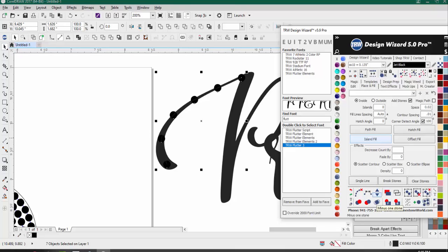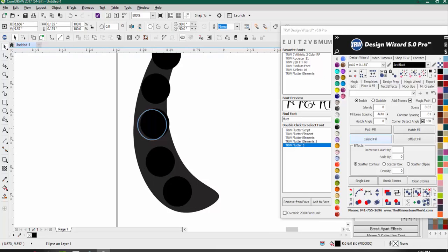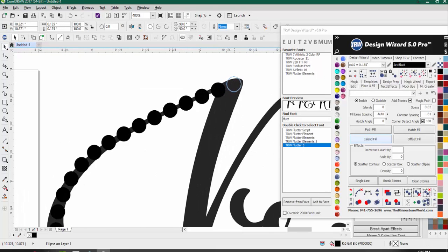And now we have this up and down arrow here. So I can add stones to that line once it's on there. So just like that, now I have my finished line. I click off it, select that line, and just hit delete. And you might have to go back and nudge one or two to fill that line a little bit better. But that's going to save us a lot of time